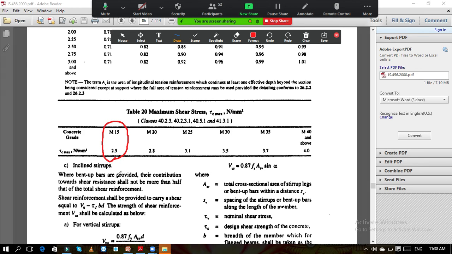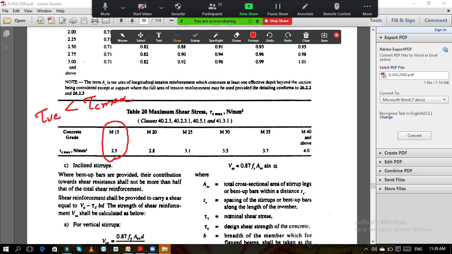Okay, this value we should take into account. For M15 the value is 2.5. The reason for checking this is that when you calculate the value of tau VE, this tau VE value should always be less than tau C max. If this tau VE value is greater than 2.5, then